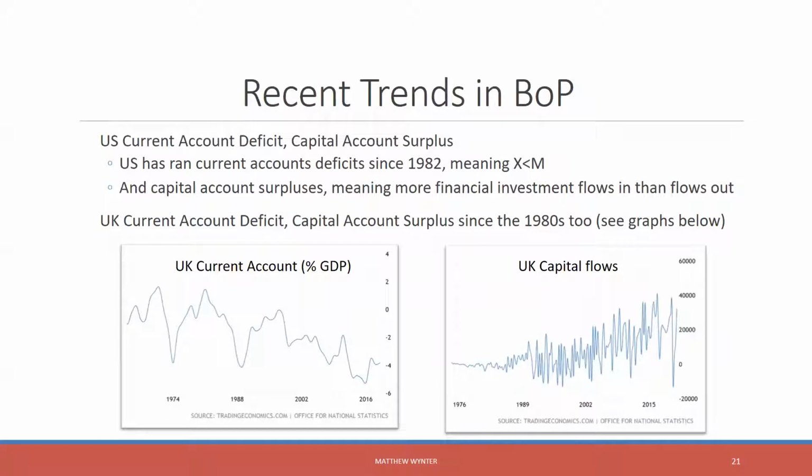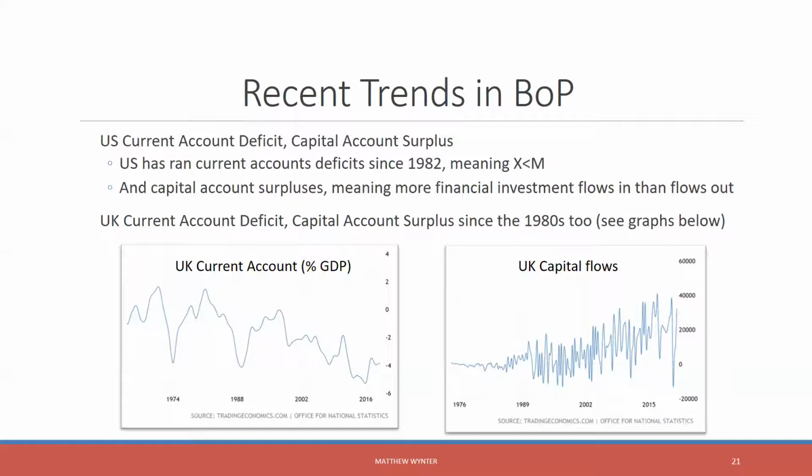Okay, recent trends in the balance of payments. As we mentioned, the US current account deficit and capital account surplus have just been there for quite some time. The US has run a current account deficit since 1982, meaning that exports have been lower than imports, and capital account surpluses, meaning there's been more financial flows in than flows out. So let's put that together. We have lower exports than imports,